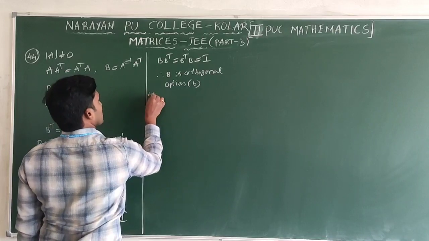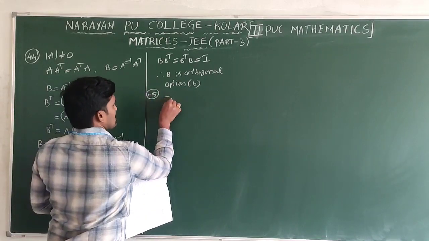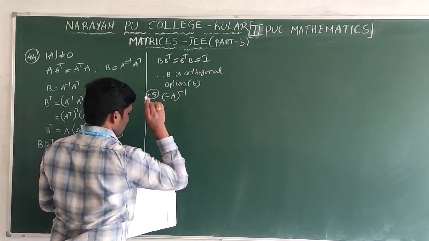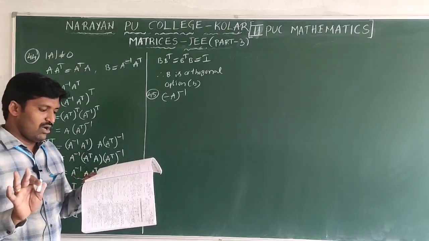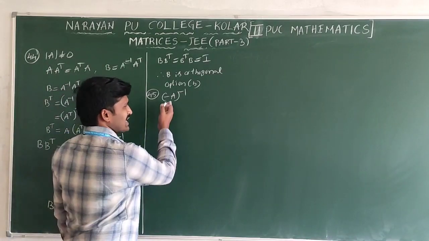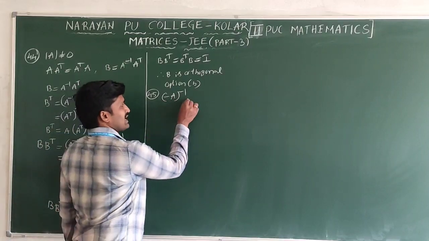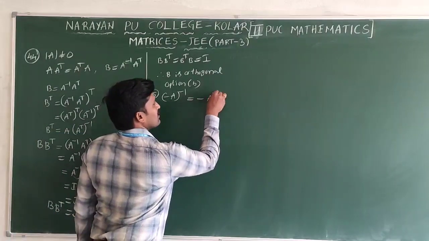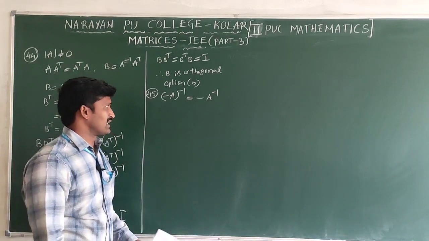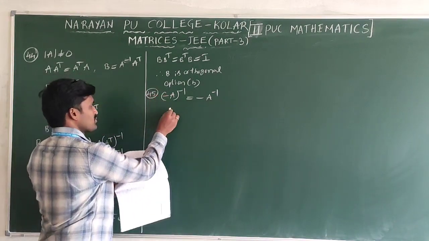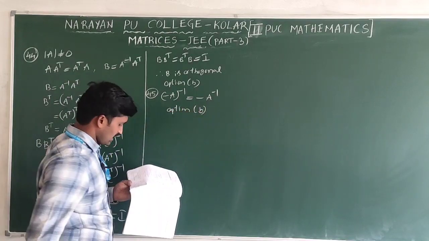Next, question number 45. They give (-A)^-1 is always equal to, where A is a square matrix of some order. In this there is no change. Minus A whole, but this is not a determinant, na. Directly we will take like this only. Minus common into A inverse we will get. Simple value. Which option is correct? Option B is the correct one.